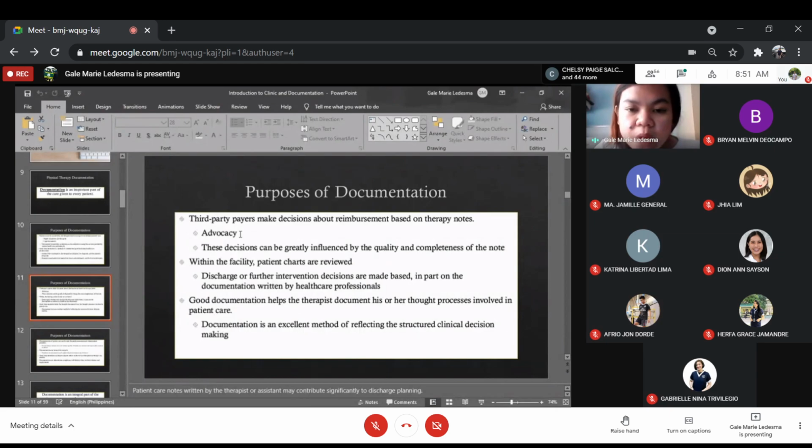And also, documentation will serve as a basis for reimbursement. For example, if our patients have insurances or third-party payers, a health insurance agency will not reimburse any amount to the patient if the patient is not improving with the PT services. Okay, so it is very important for patients with third-party payers, most especially if you want to work abroad. So they are very particular with documentation. So you can actually get sued,